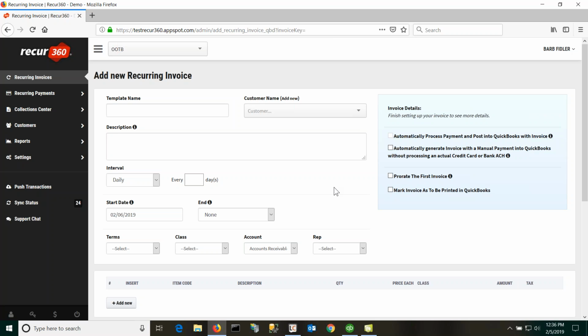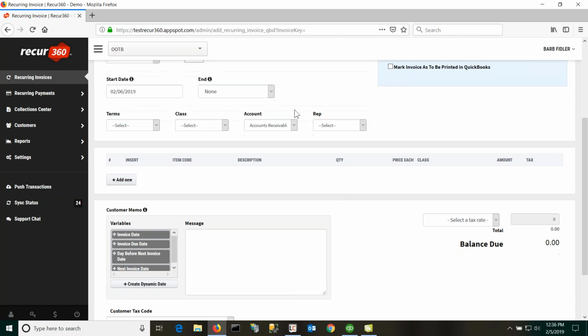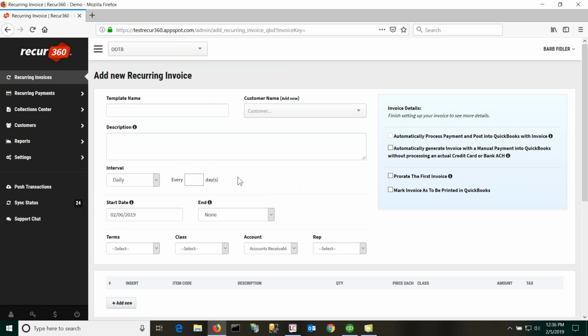generate the invoice, let's say on the first of the month, and not actually put the invoice date until 5 days later, let's say. Let's say I want the invoice to show as an invoice date of the 5th, even though I'm going to generate it and send it to the client on the 1st. So you'll have some more flexibility in the date that shows up as the invoice date that gets posted into QuickBooks and shows on the customer email that goes out to them as well,